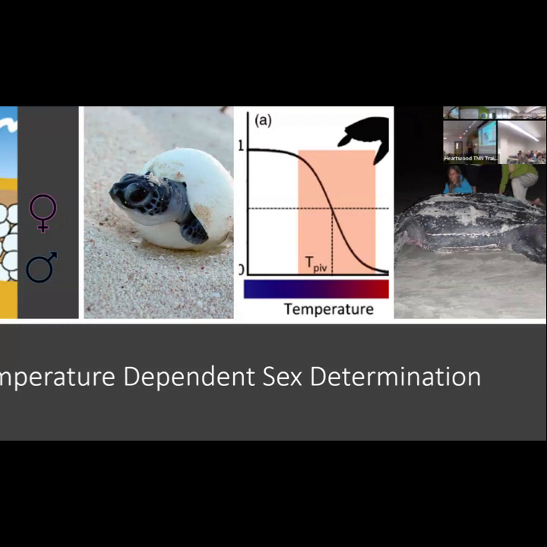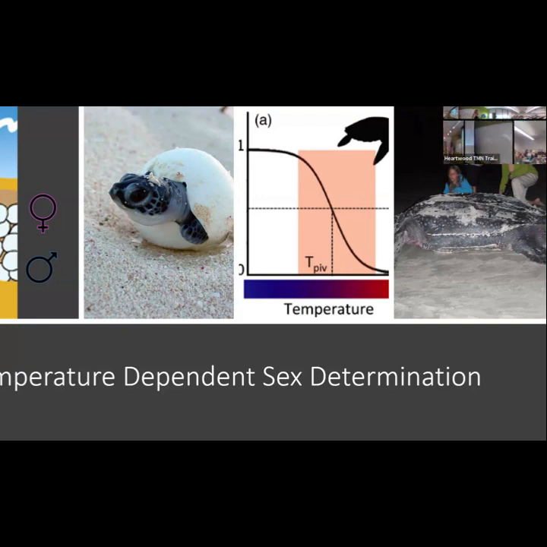Yeah. As our earth warms or as our climate and oceans change, they're either going to have to dig their nest deeper to create the same environment of it's cold enough on the bottom to get males and hot enough on top to get females. With a warming climate, it would all be females. So you can see in the future why we might have issues with our turtle populations.